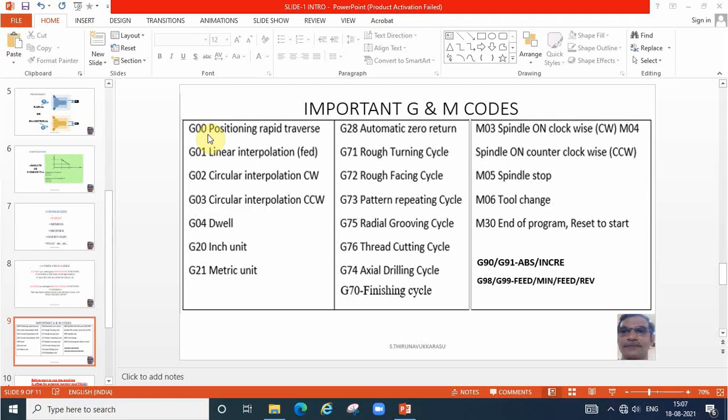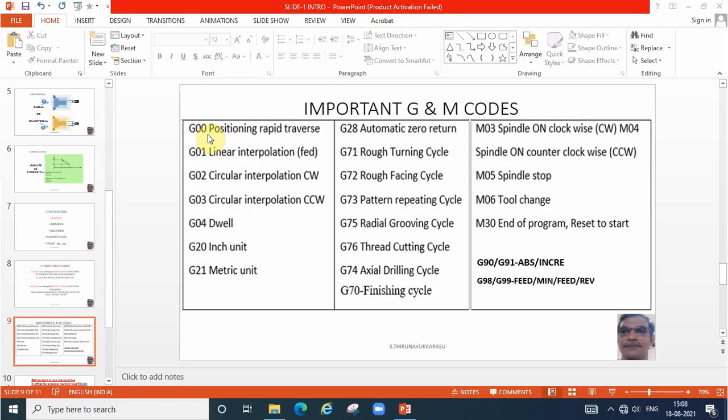G72 is a rough facing cycle. What is the difference between G71 and G72? In G71 the cut will be horizontal, in G72 the cut will be vertical. That is the only difference. For these two we are using the G70 cycle to get a better finish on the surface of the workpiece. The next one is G73.